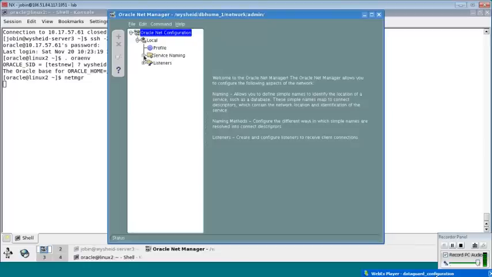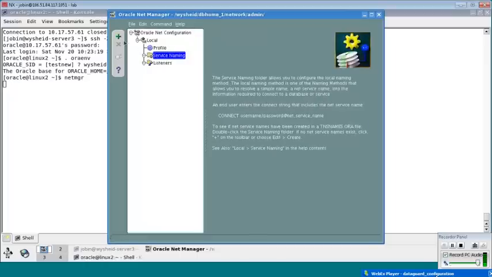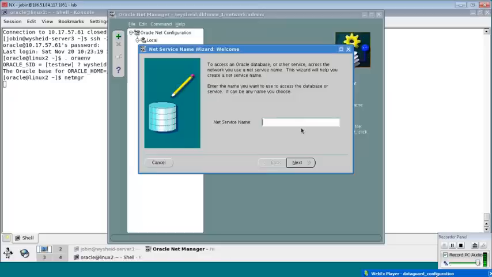Expand the local tab. Listeners. I now have the listener; whatever we have is a default listener, so that should not be a problem. Just click on the service naming plus the tab, and I'll create